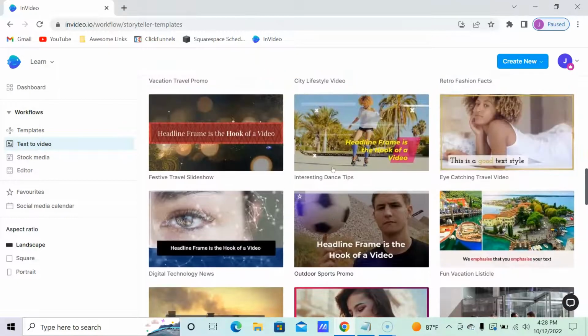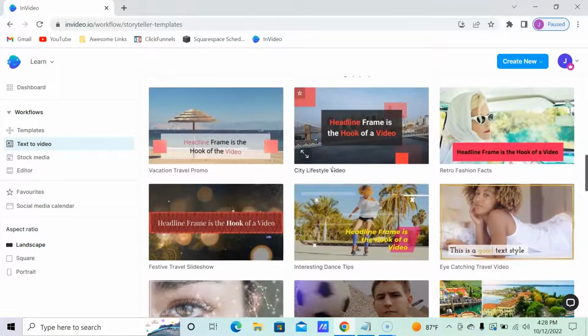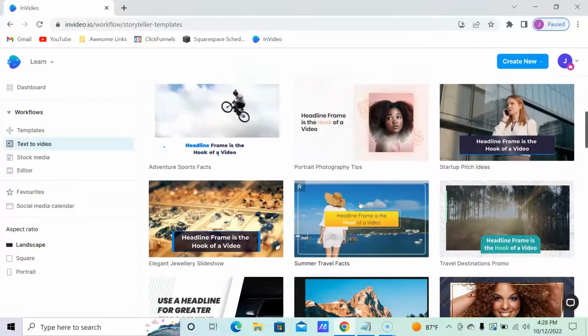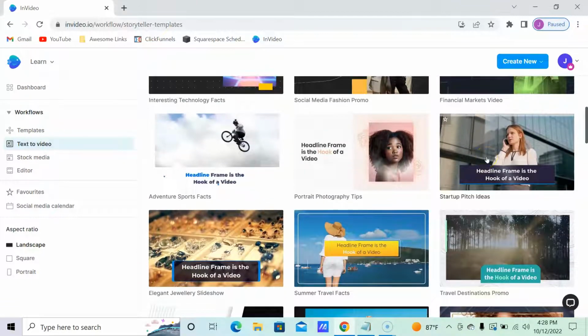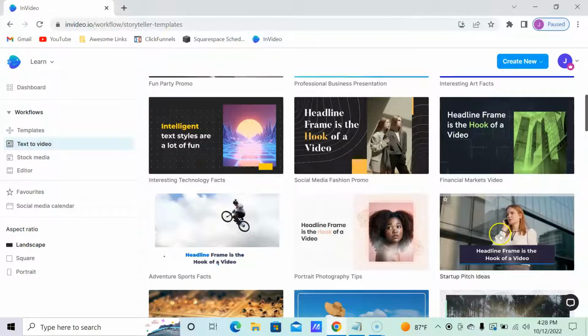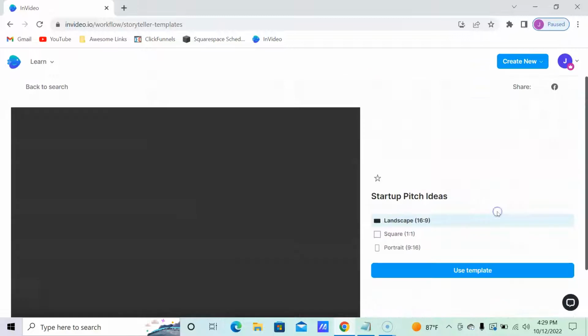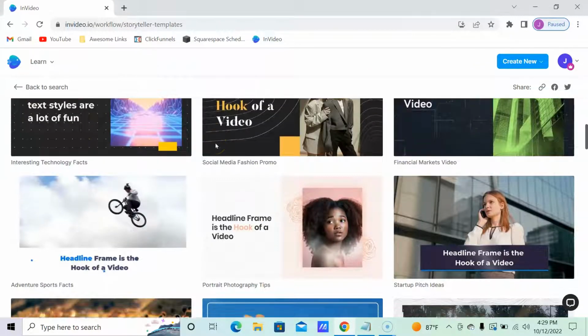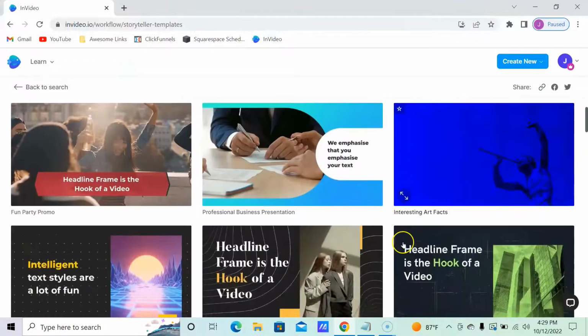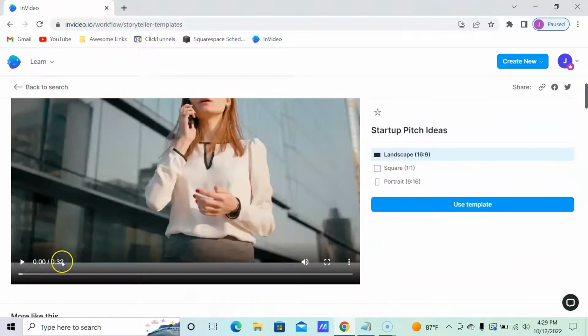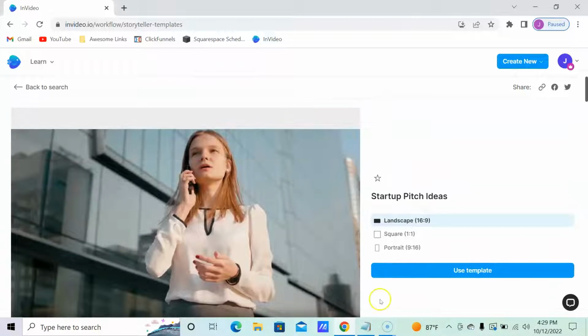So this is basically a how-to. So if I do a travel channel, I'll do that. Start at pitch ideas. Okay, I would hope this one would be okay. It's not playing. Let's just pick it. So we definitely on this one want to do the landscape. Some of these might be good for other things. The start at pitches idea. So that's interesting. I guess this is an example. We're going to use this template,